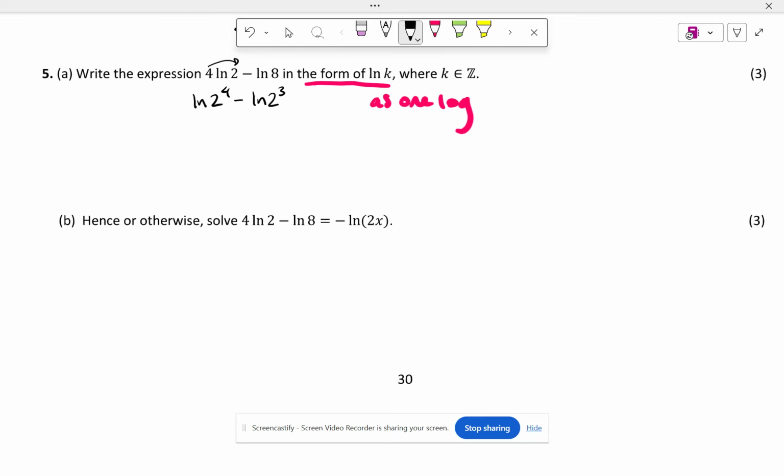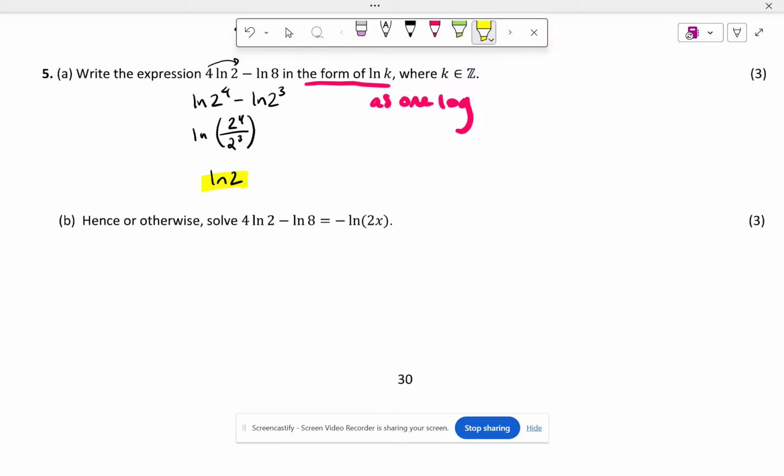And then now, if I have bases and I am subtracting, I can combine the arguments with division. So I now have the ln of 2 to the 4th divided by 2 to the 3rd. And I'm not going to bother doing the actual math because I know when I divide like exponents, I get to subtract. So I'm just left with the ln of,